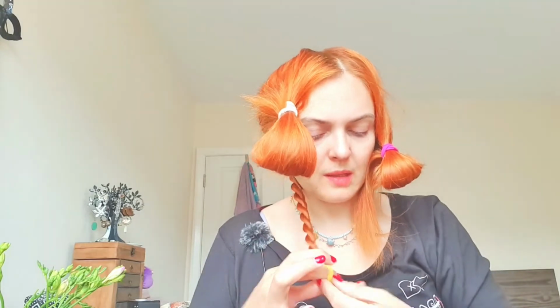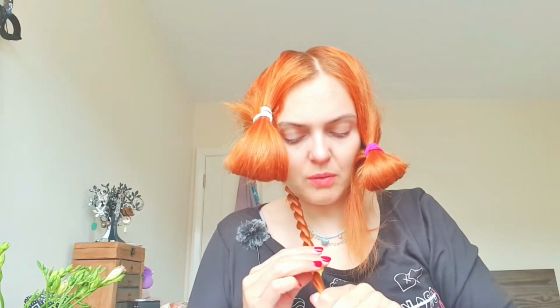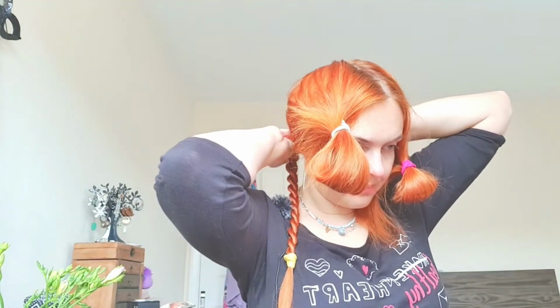Okay, so I'm not gonna make it super tight. I was making it tight just to make sure there is a pattern, but now that I'm at the end, I'm just allowing it to loosen up a little bit. And I'm gonna use this hairband to secure the end. And then I'm just gonna flatten it a little bit just to give a little bit of volume. So with the rope plait,